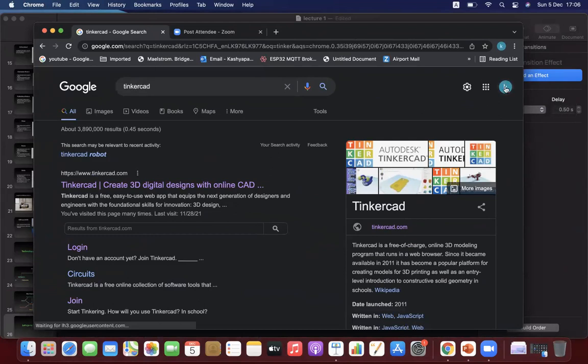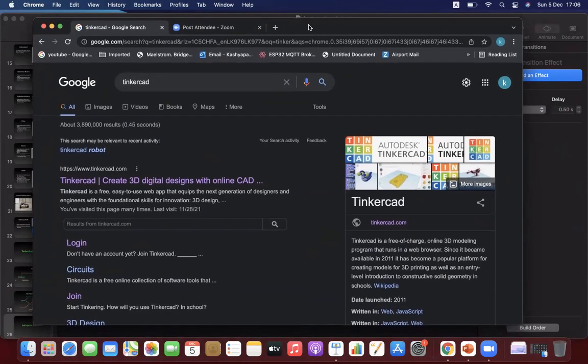And do you all have Google accounts with you, signed in? Yes, sir. I have one. Okay, brilliant, right? So when you type Tinkercad in Google, select the first line. So it says www.tinkercad.com, right? Select this one.